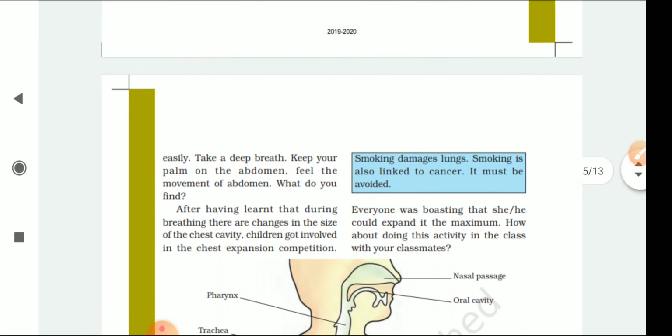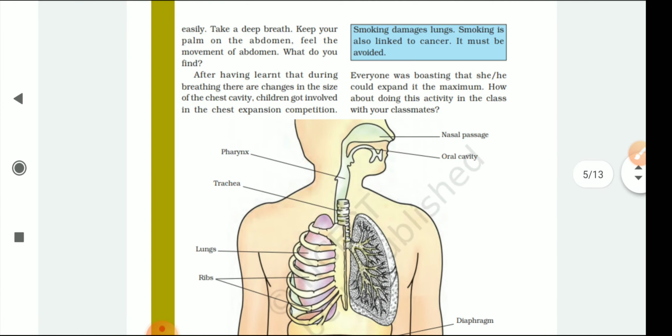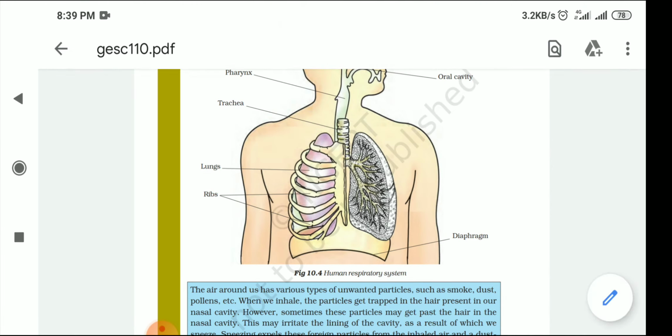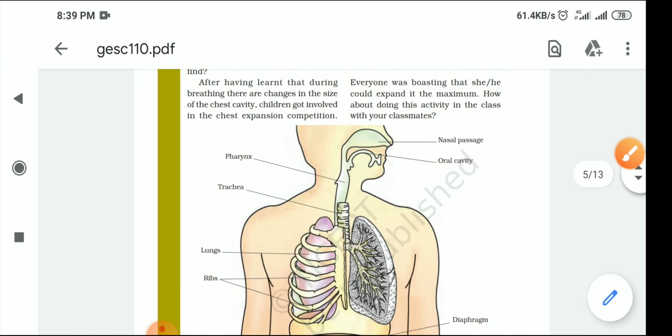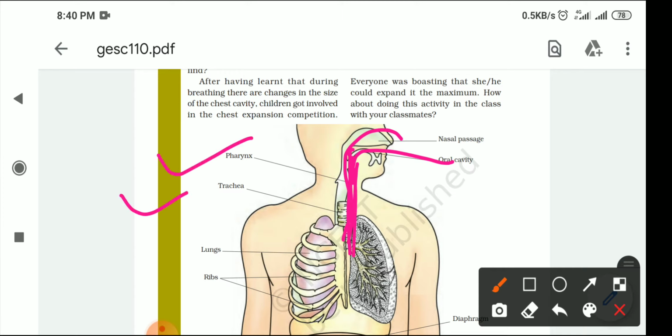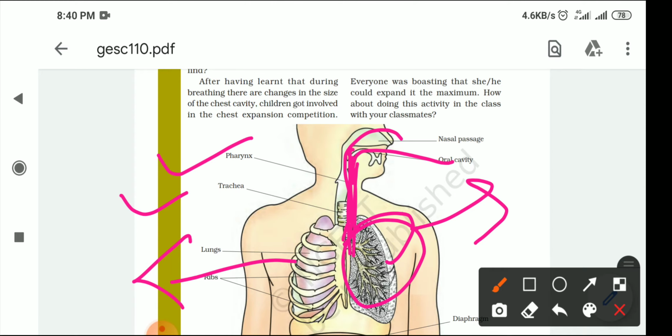Okay, so now here there is a beautiful picture and diagram given to you to clarify more about this. Here you can see this is the picture of a person. You can see this is the nasal cavity. This is the oral cavity. This is your food pipe and breathing pipe. Here you can see pharynx, then trachea, and from the trachea this air passes to your lungs. These are the soft organs, the lungs, and this is the rib cage by which these lungs are protected, and in the bottom you can see the diaphragm.